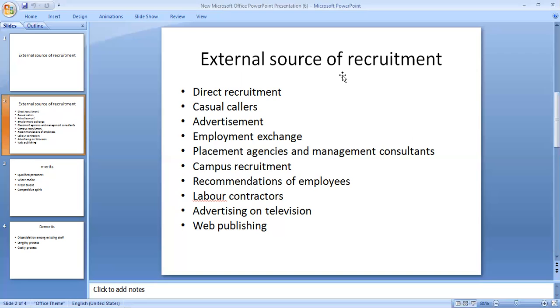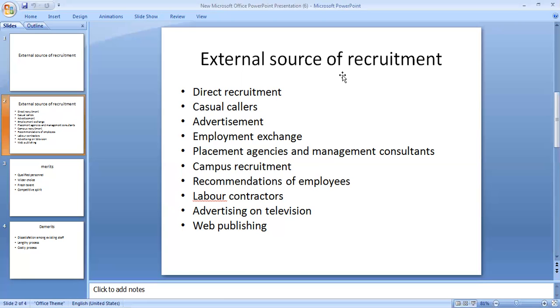They just come, and whatever questions they are asked, and whatever method the interview follows, they accept it and obey the rules, and they get recruited in this direct recruitment. So it is inexpensive. This kind of direct recruitment is inexpensive. No need to invest a lot of money. Just place one notice on the notice board, and whoever sees that notice will come forward to apply for the job. And if they are really capable, the management takes them easily on daily wages especially. So this is one of the external sources of recruitment.